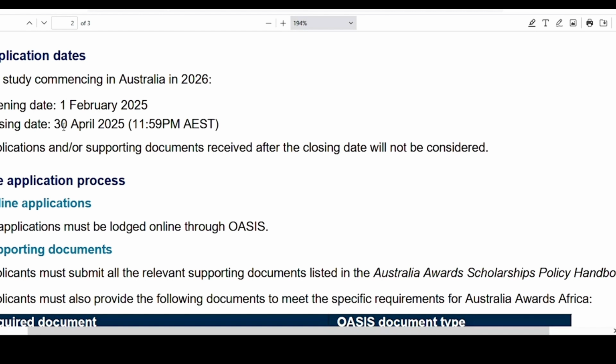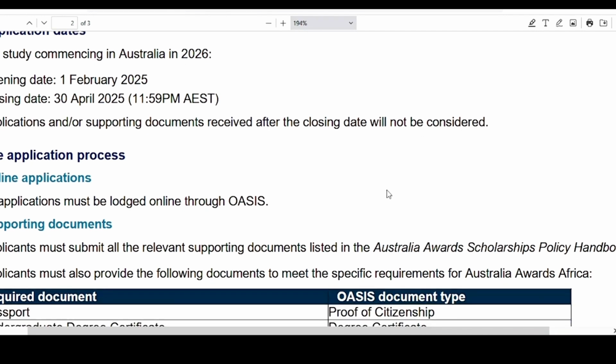But the closing date, the deadline, is the 30th of April 2025. Applications and supporting documents received after the closing date will not be considered. So you've got almost a month to prepare and submit your application, because after the deadline you are not going to be able to submit it. So make sure you bookmark this and set your alarms so that you do not